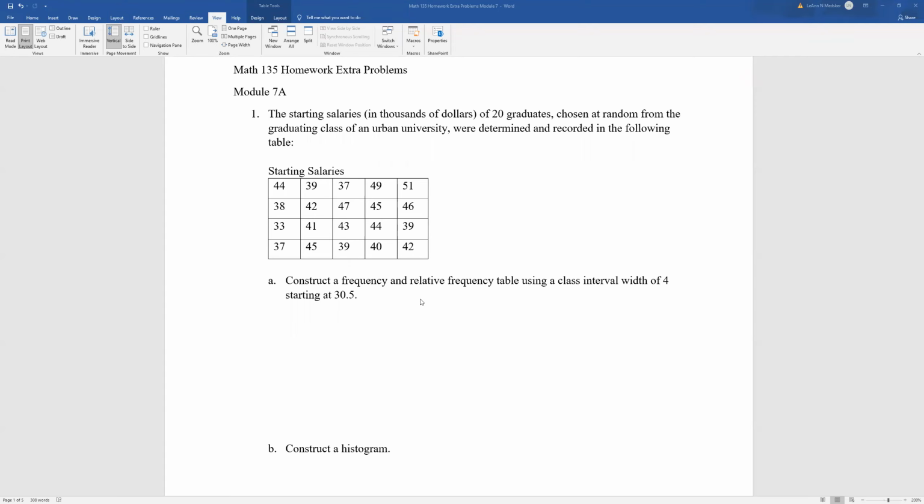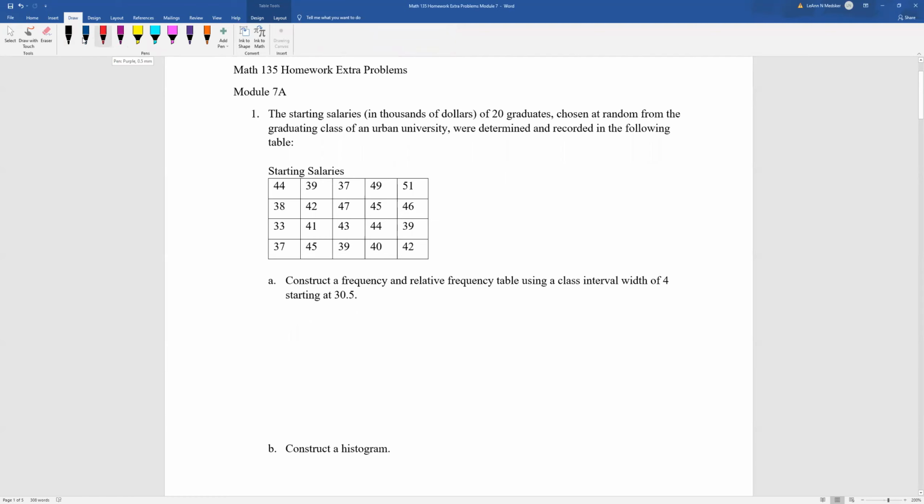These are called grouped frequencies. If they don't give you directions, you could figure out how to set that up based on what you think the bin size should be. But we are being given the class interval width and the starting value, so we're going to set up our table using that information. So our groups, the classes that they have given us, have to start at 30.5,